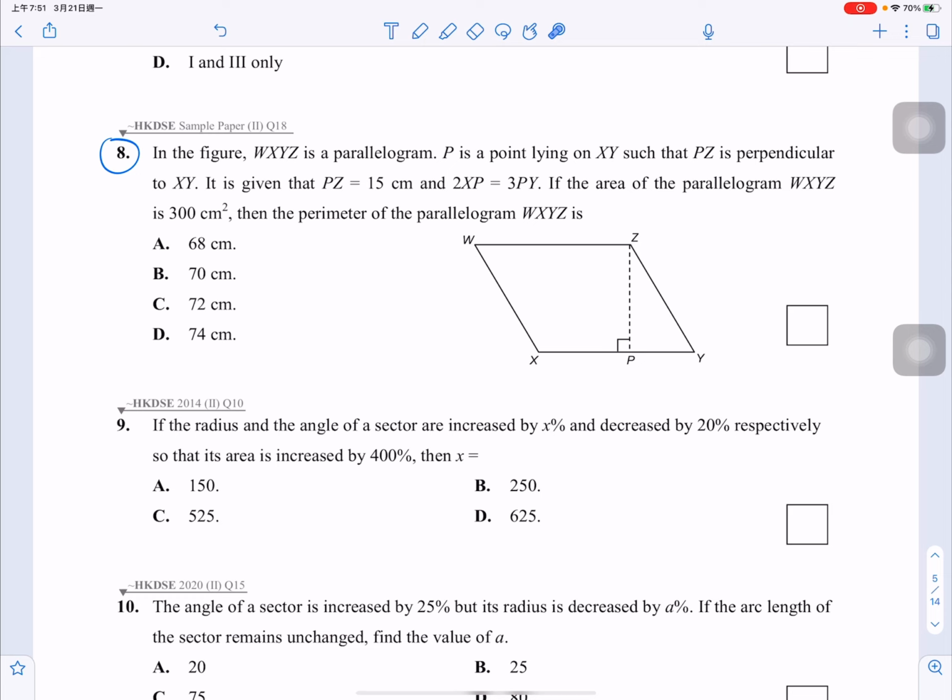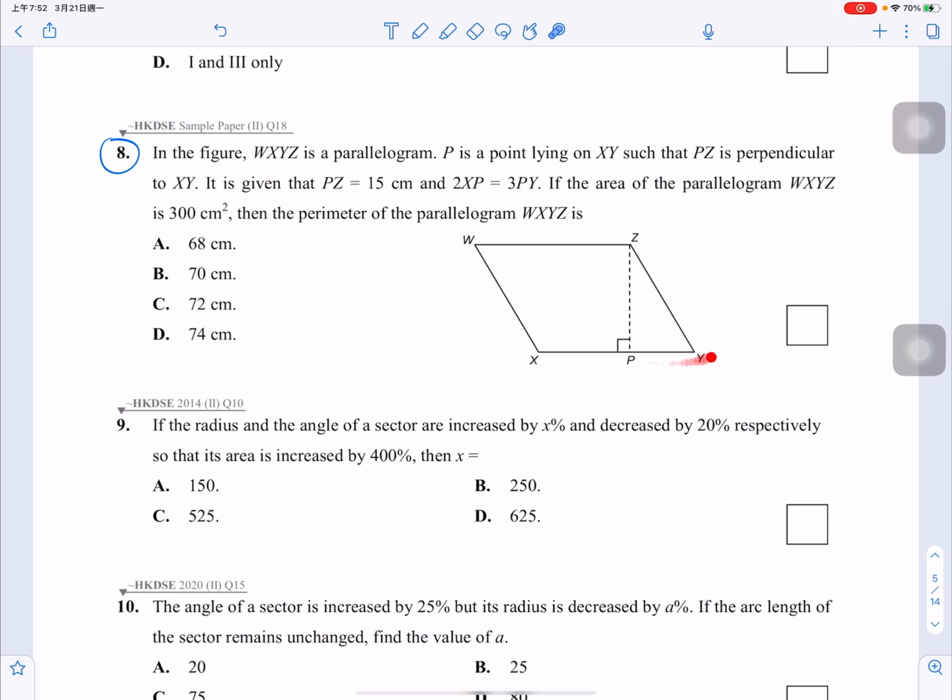If the area of parallelogram WXYZ is 300 cm squared, that means the whole parallelogram is 300, then the perimeter of the parallelogram is, that means we need to